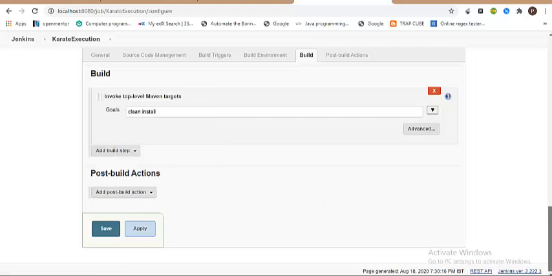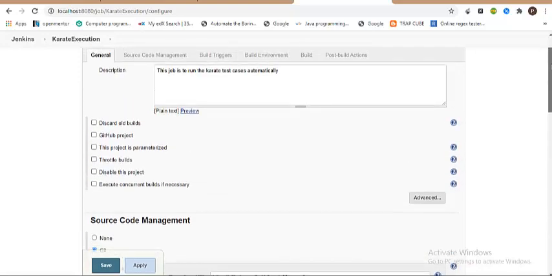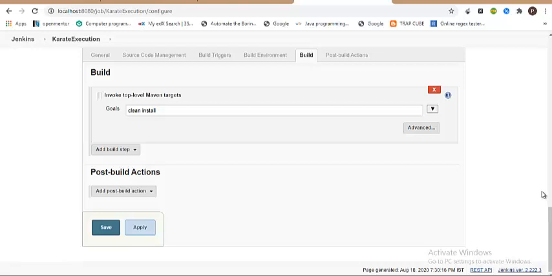I think we are done with configuring the Jenkins job. We have set it to execute every 15 minutes, we have given the Maven goal, and we have given the knowledge of our particular code base. You need not always have it in Git, you can even have it in your local and start it, but I have shown you how exactly the industry works.